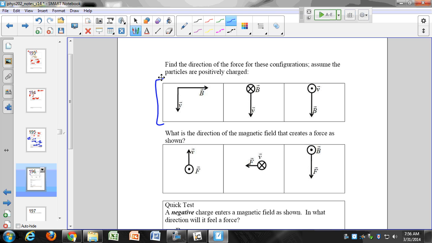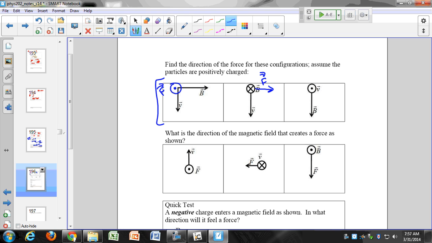And so what is the direction of my force? It's out of the page, right? We'll do a bunch of these, so if you're not getting it right away, that's not a big deal. So the force here is out of the page. How about this next one? Let's see, so V is into the page. So what's the direction of the force? It's to the right. V is into the page, and so it looks like this.